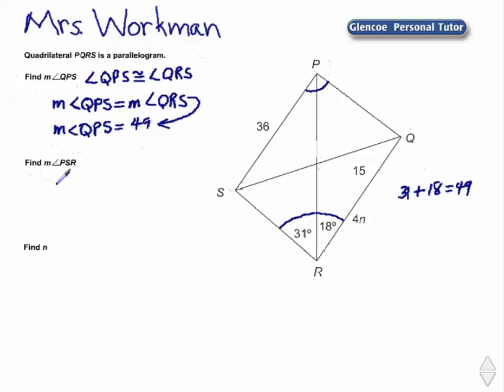Find the measure of angle PSR. Angle PSR is this angle right here. I'm going to use another fact I know is true for all parallelograms, and that is the fact that consecutive angles are supplementary. So I can write that the measure of angle QPS